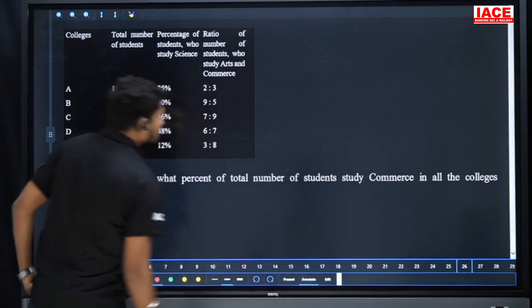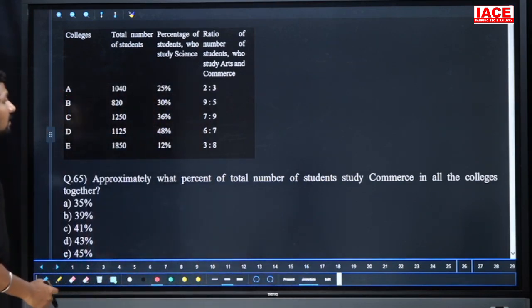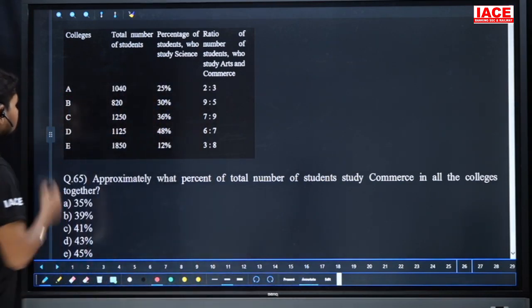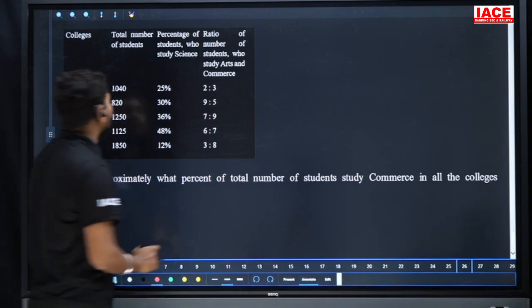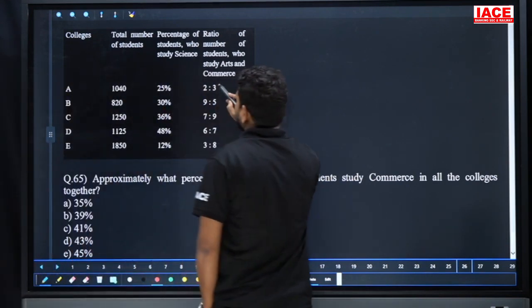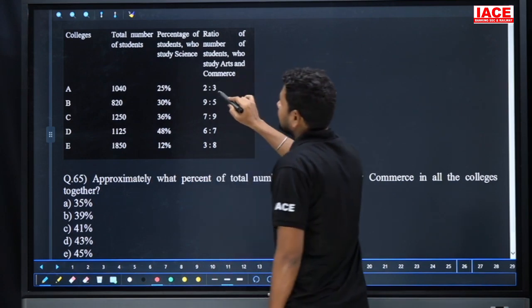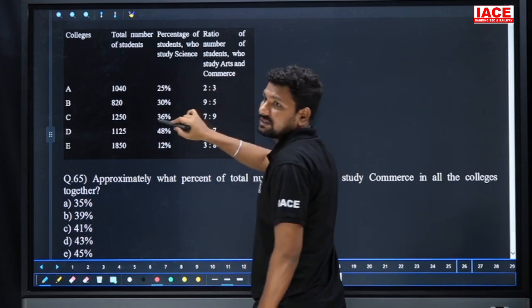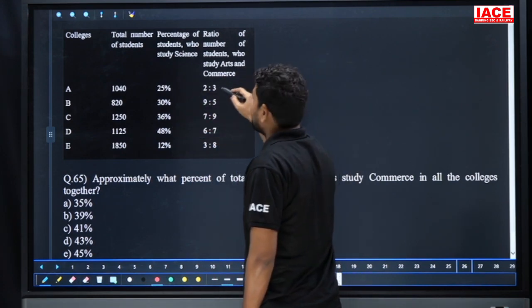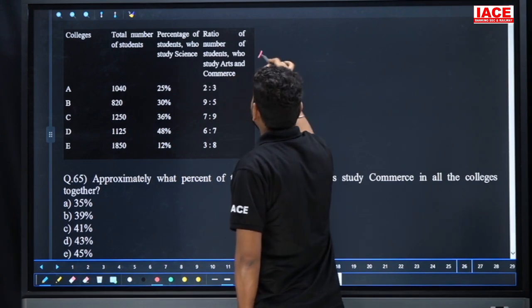Approximately what percentage of the total number of students study commerce in all the colleges together? Such a calculation is somewhat longer. Here three parts are required. Three parts is equal to how much percentage? 2 plus 3 is 5. 5 parts is equal to 75 percentage, so 3 parts is equal to 45 percentage. Then 45 percentage of